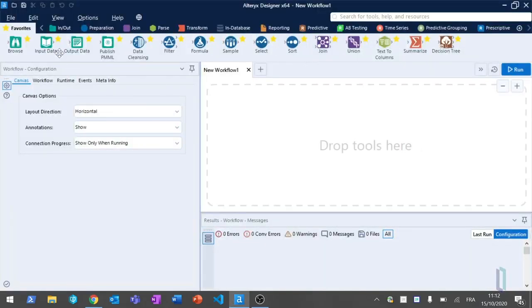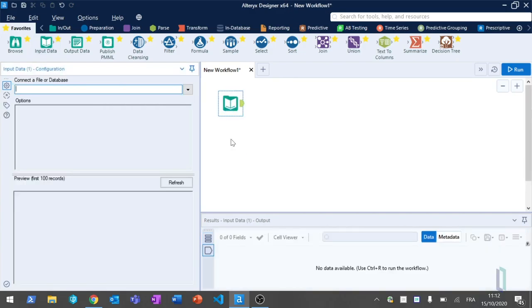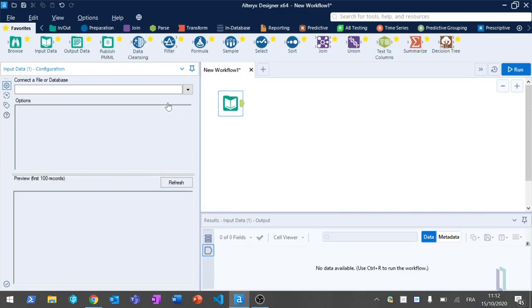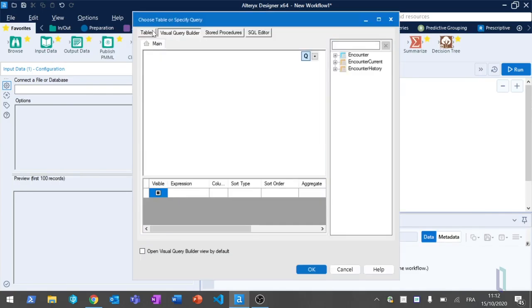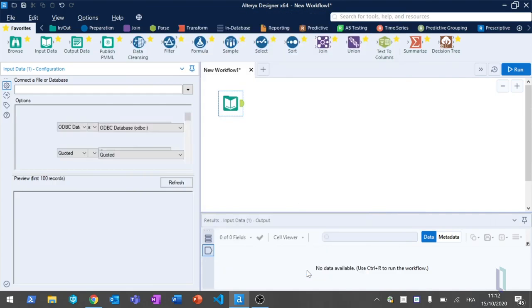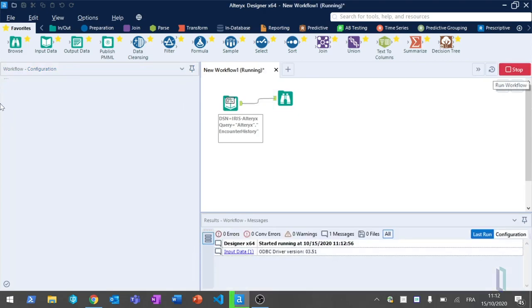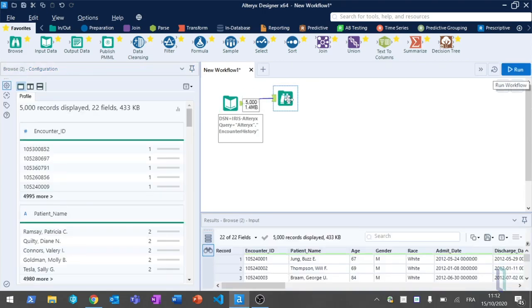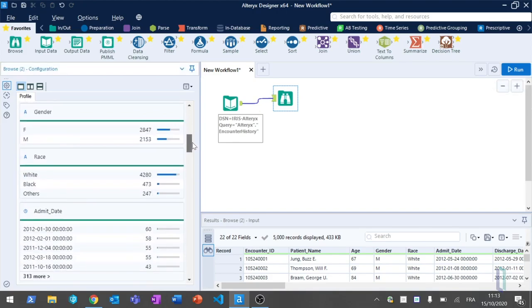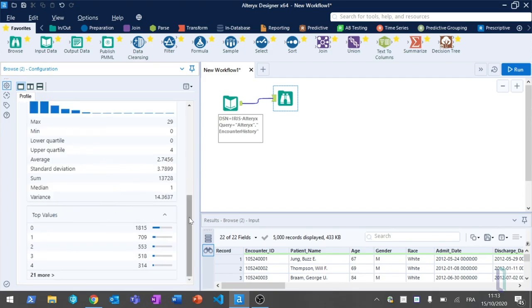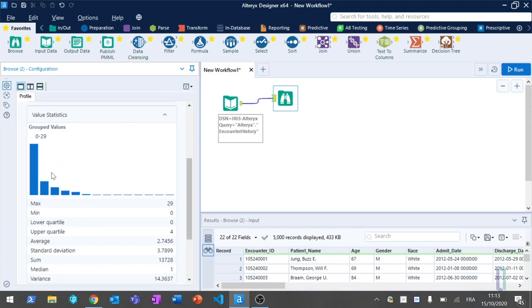So let's take a look here. First of all, I'm going to load some historic data from my IRIS data source. I can pick from all of the tables, and here I have information being made available in this simple, convenient browse tool so that I can get a quick overview of what my data looks like and how it is being distributed across certain values. So for example, here I can see a nice, simple, basic statistic on the distribution of the intensive care unit